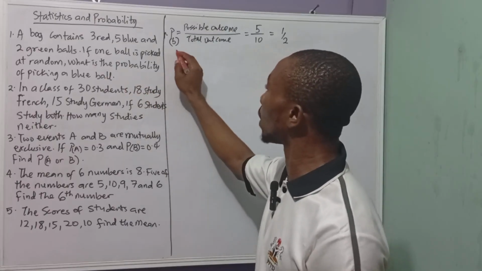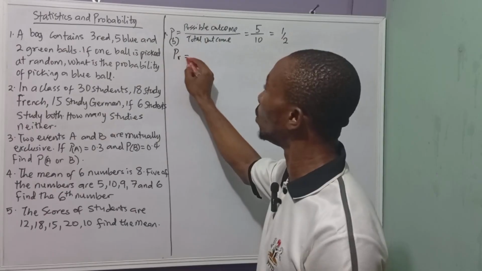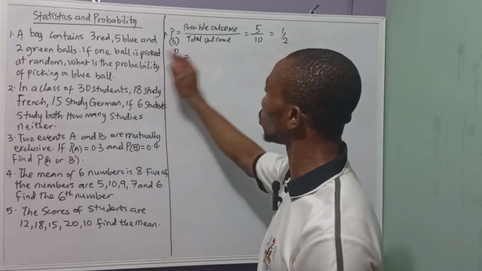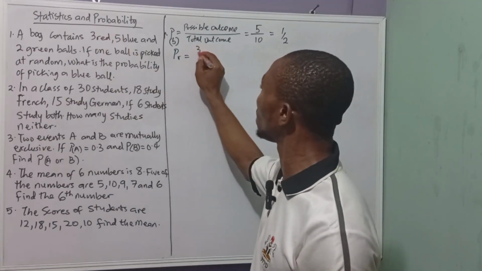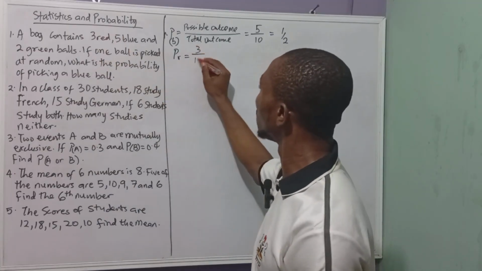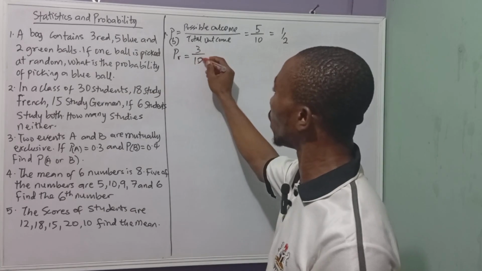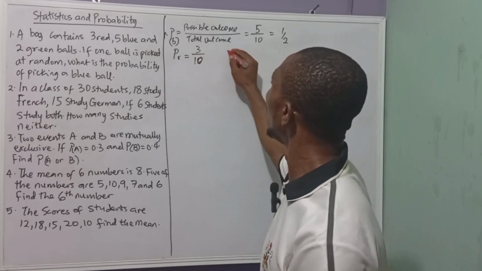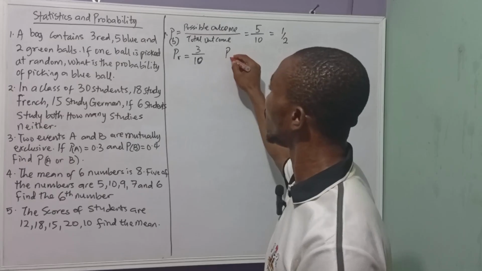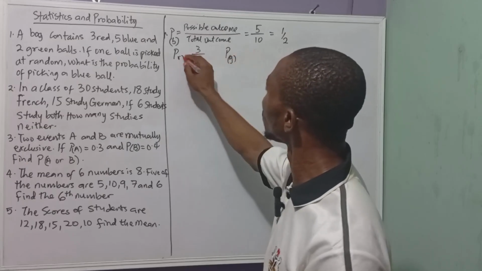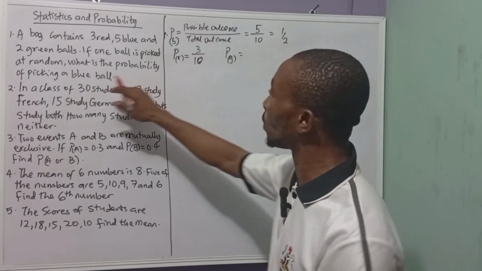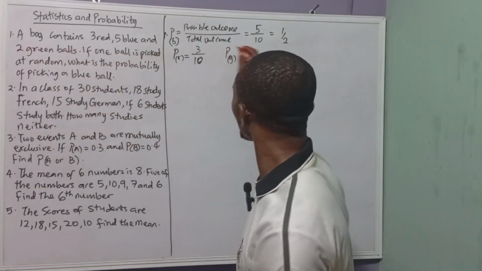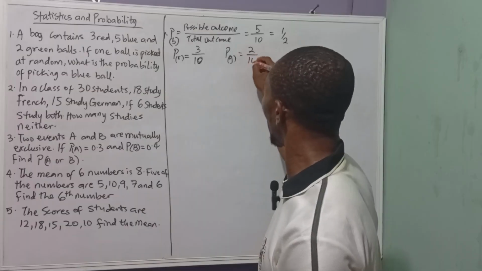Alright, so let's look at the probability of picking a red ball. Probability of picking a red ball, total possible outcome becomes 3 all over 10. Now this cannot be broken down, so it remains this way. While the probability of picking a green ball becomes, total possible outcome will be 2 all over 10, which gives